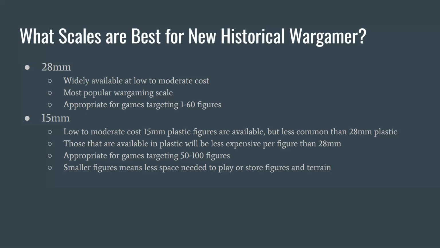28 millimeter I recommend because it is extremely widely available. More figures are available in 28 millimeter than probably any other scale by a huge factor. And not only are they widely available, they're widely available at very low cost because they're so popular. They can be manufactured in large quantities, and that can save the manufacturer money, which they pass on to you. It's, again, the most popular wargaming scale, and this is going to be appropriate if